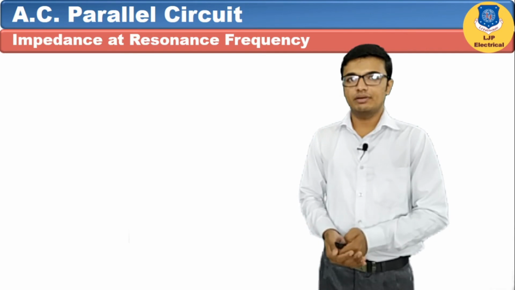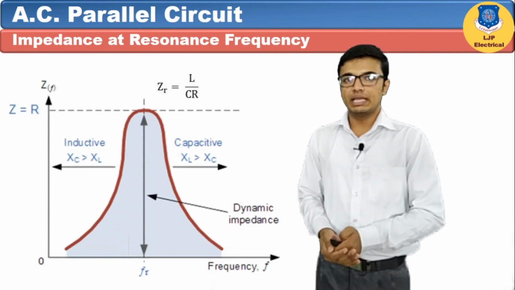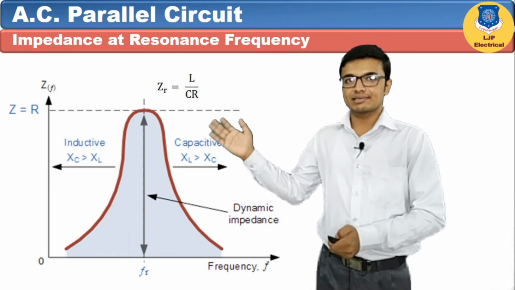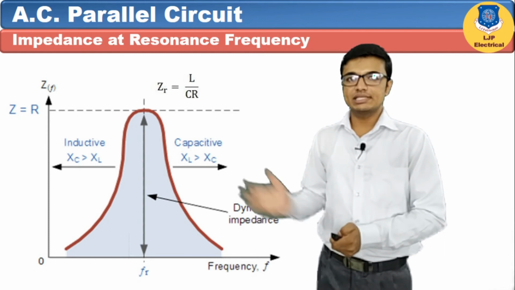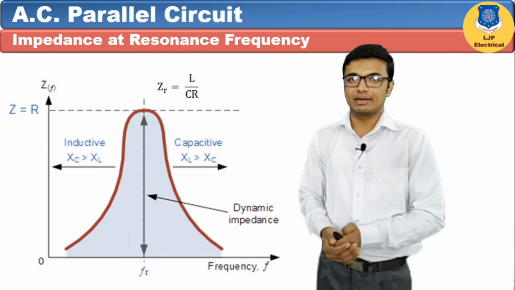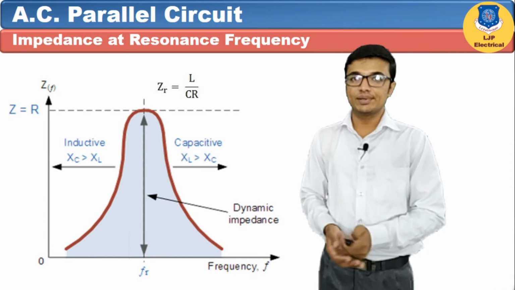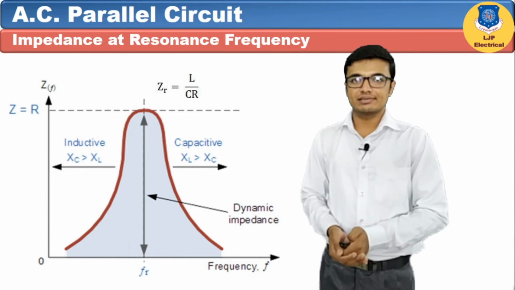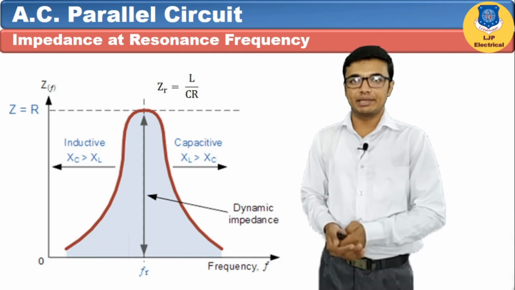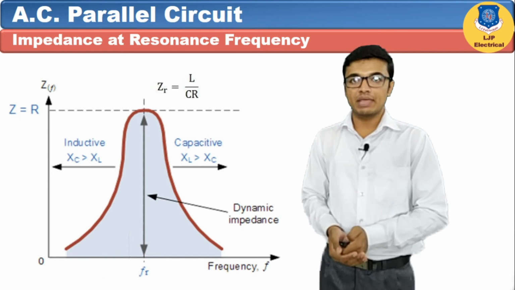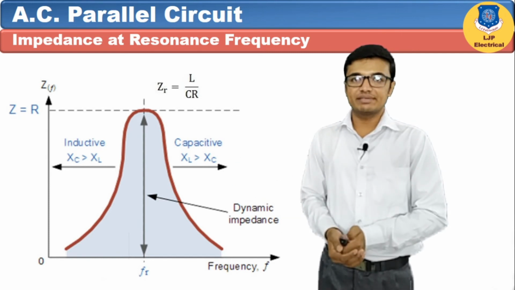Let's see variation of impedance with respect to variation in frequency. So here we have shown a graph. On the x-axis we have taken frequency, on the y-axis we have taken impedance. So this is how impedance will vary with variation in frequency. At zero frequency, the value of capacitive susceptance is zero and the value of inductive susceptance is very high. So net susceptance will become very high and it will be inductive. As net susceptance is very high, net reactance will be very low. So we will get impedance at zero frequency very minimum.